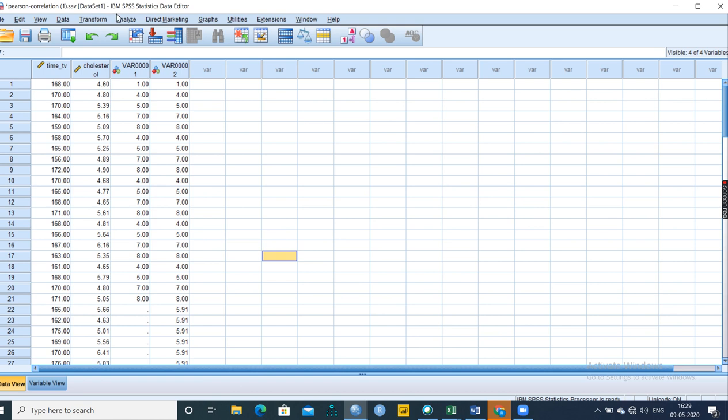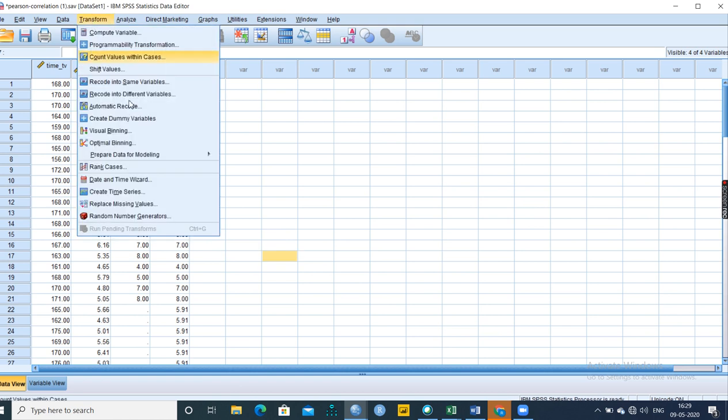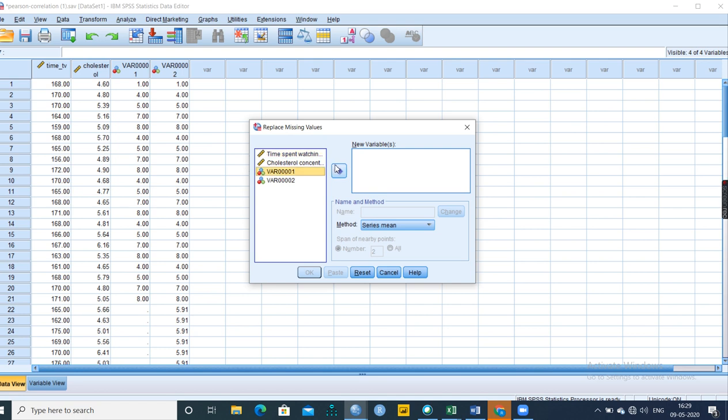And one more option is there. We can choose Transform, Replace Missing Values. We can choose this variable. You can ask the system to fill the series mean, or mean of nearby points, not taking all means, or median, or linear interpolation, or linear trend at a point. What is the difference? Interpolation is taking all the scores and considering the linearity, and based on that will fill the data, or I can take the trend of that and find the linearity pattern, and then it will do it. So, as per our understanding we can fill it out.